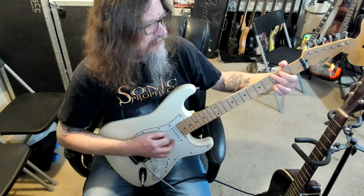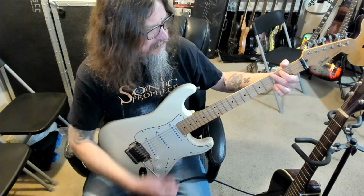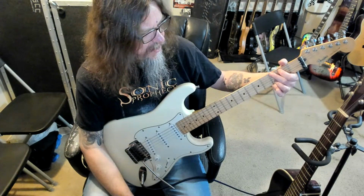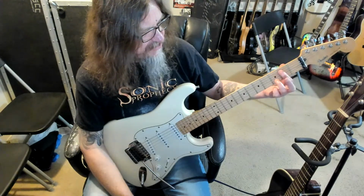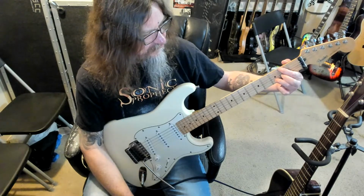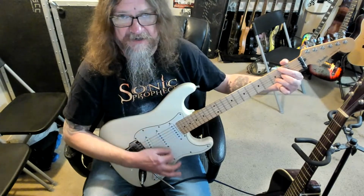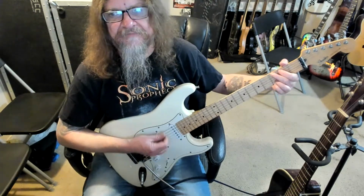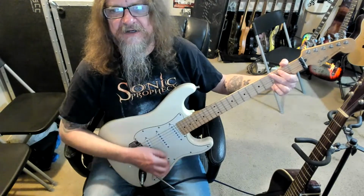So how I do it is when I switch from the G, I take my pinky off, move my first finger from the second fret of the A string to the second fret of the low E, and then drop my second finger onto the second fret of the G string. But I do that all in one motion, obviously. So we got G,